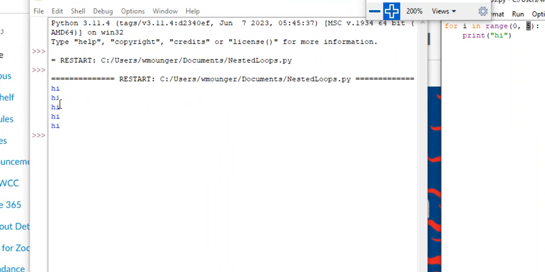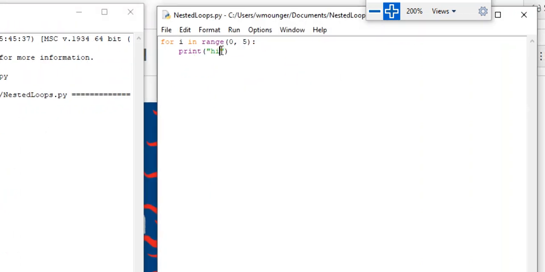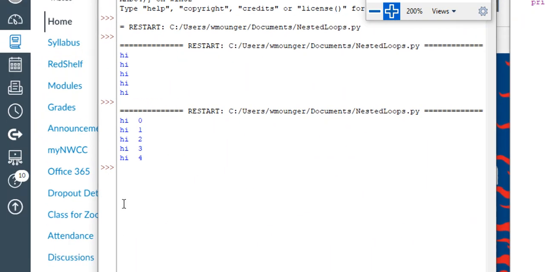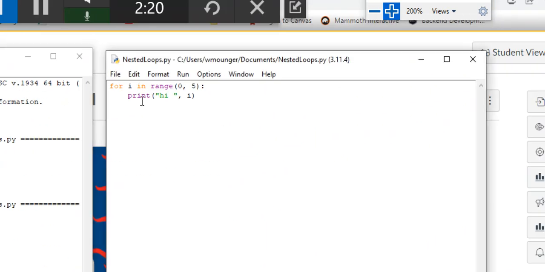And notice I've got 1, 2, 3, 4, 5. This is actually 0, 1, 2, 3, 4. So if I wanted to be a little bit more descriptive, you see it goes 0, 1, 2, 3, 4, right? Now as far as Python is concerned, anything that you indent over is within that code, within that loop here. So if I want another one here, let's start with